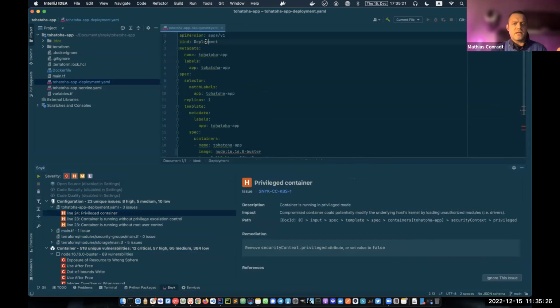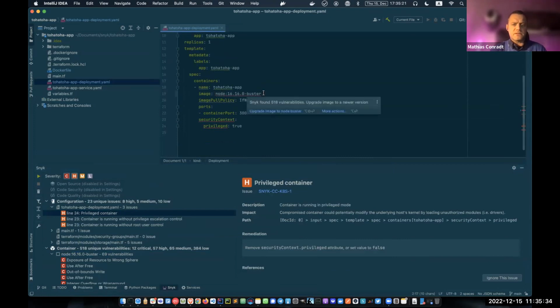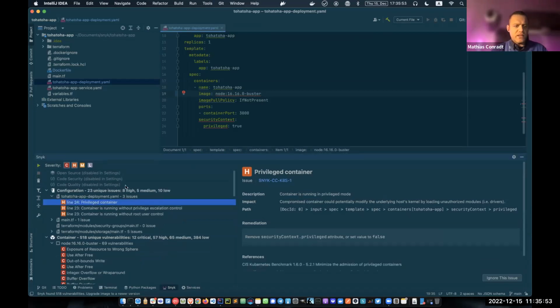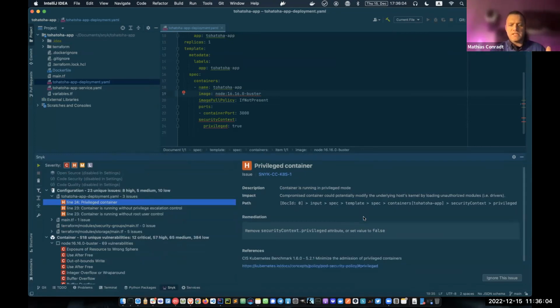It's a kind Deployment. This is my Toha app, and at some point we see, okay, I'm using a Node 16 Buster image. This base image is a standard image taken from Docker Hub, for example, and it's a standard node image. Now, this image has a few issues, and also the way I configured the deployment, we can see there are also a few issues. So what information do I get here? I have 3 high severity issues that are flagged, and I see this is a privileged container being flagged,